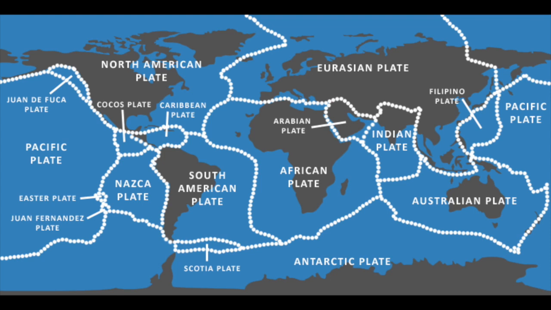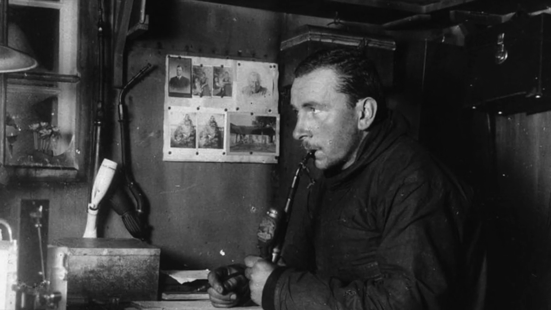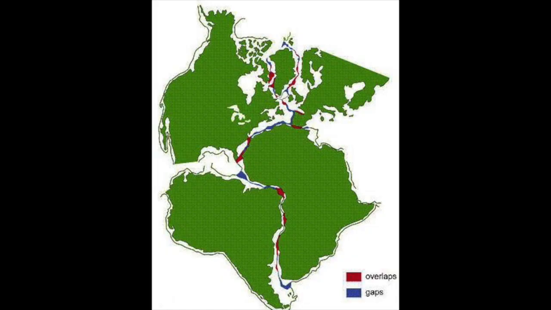The theory of continental drift was first proposed by Alfred Wegener in 1912, just over 100 years ago. If you look at the continents and you see a jigsaw puzzle, that's what he saw. Wegener was a meteorologist, and the geology community widely criticized and rejected his theory. They basically rejected it on three things.